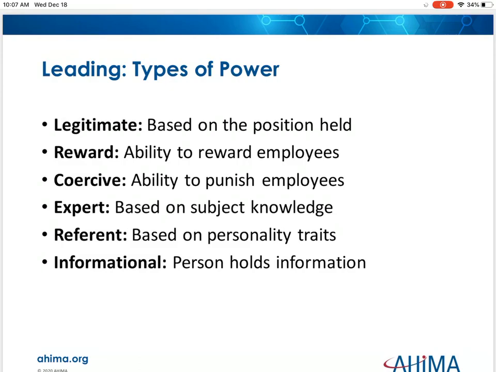Then you have referent power. So again, this is another personal power. These leaders possess personal characteristics that make others want to be like them or to follow them or want to be associated with them. So this is basically someone that, again, we talked about in chapter 1, that charismatic leader, someone that just has that personality that you gravitate to that person based on their personality. So referent power, they may be smart and fair and trustworthy and kind, and you just want to be their friend. You want to be around them.